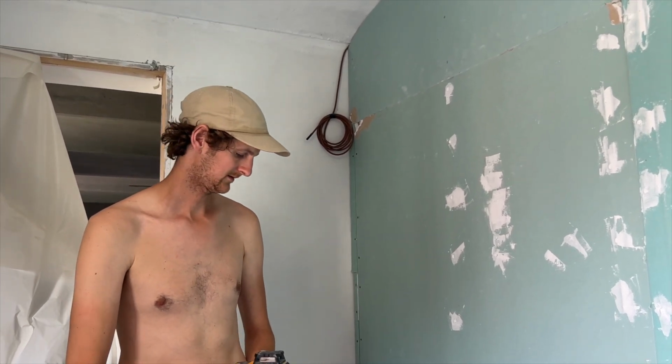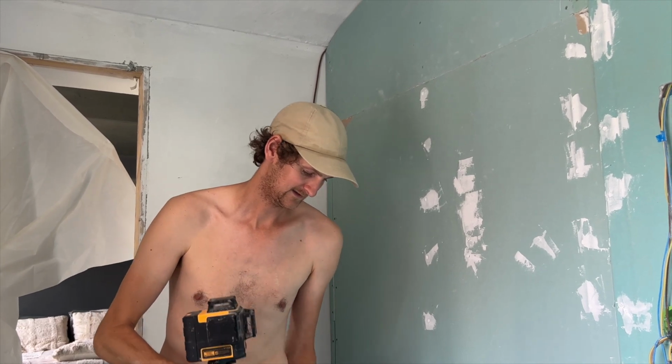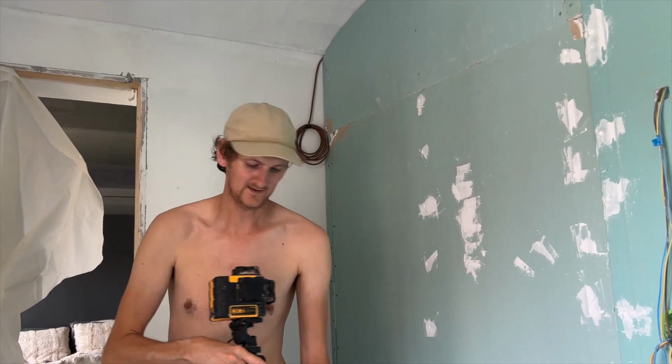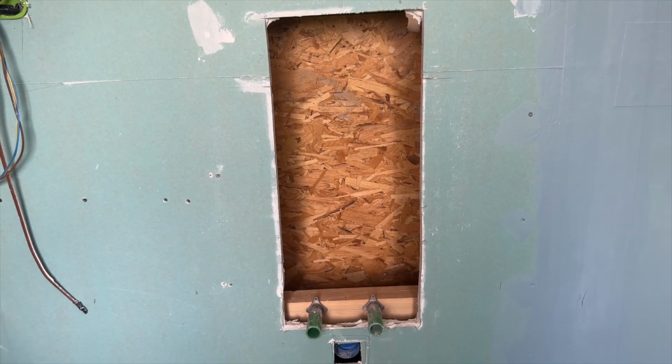Yeah, that's good. It would have been a lot worse if we had tiled and then had to damage the tiles to fit it in. So yeah, that's what we're doing. And it involves...